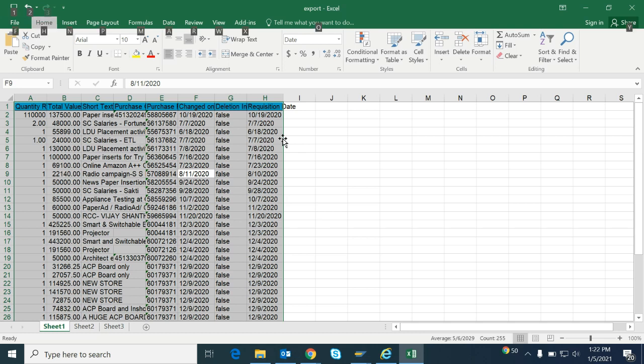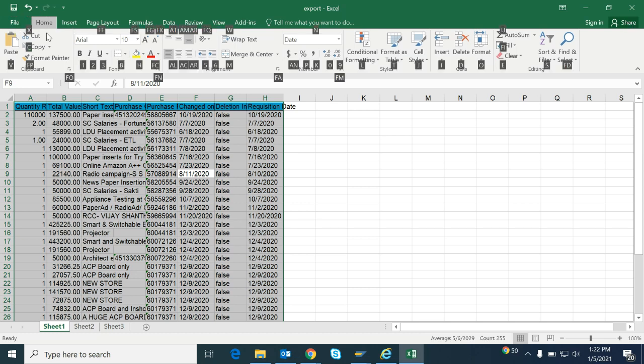Now you can see, when I have pressed Alt, the options F, H, N are coming up. For all the menus in the menu bar, you will get one letter. Suppose for Home, I have got H. When I press H, I go deeper into the options in the Home menu. Now I want to go for the borders, so to select the border I have to press the character B. So I have pressed B.